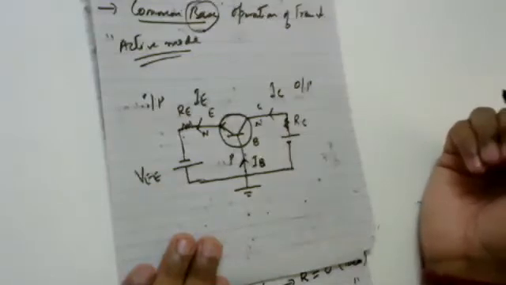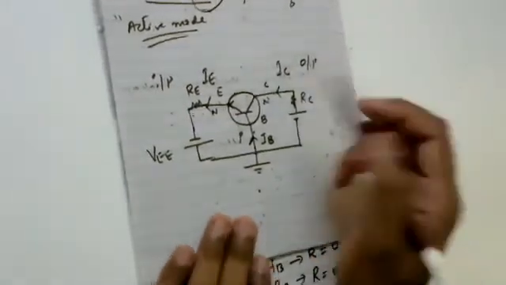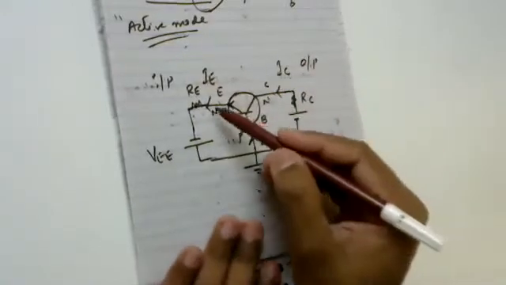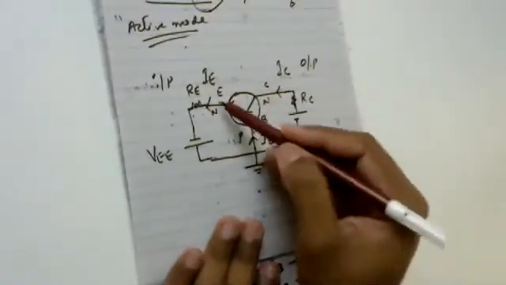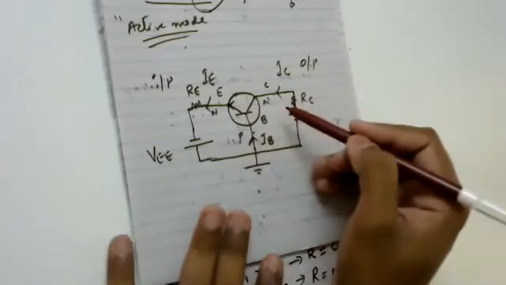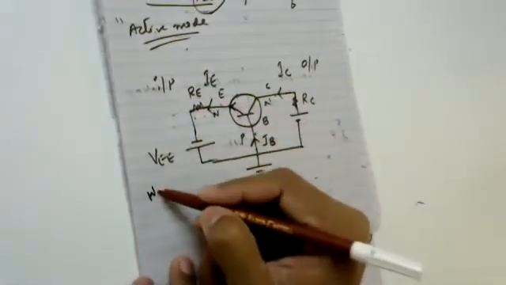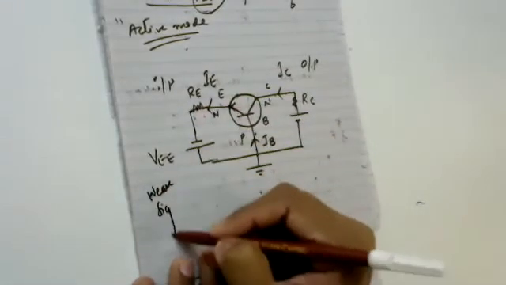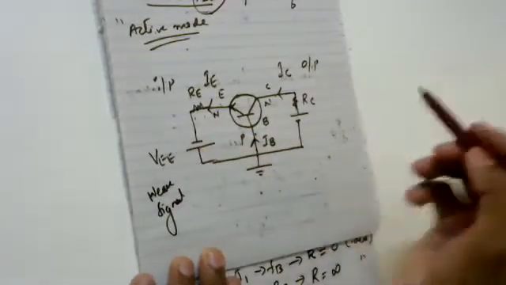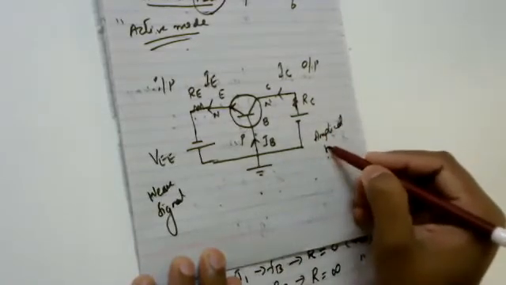Now what I need to understand here is that since I'm operating this transistor in the active mode, junction J1 is forward biased and junction J2 is reverse biased. So this is the port wherein I'm going to apply my weak signal. I can apply some weak signals on this port, and I'll find an amplified signal on my output side.